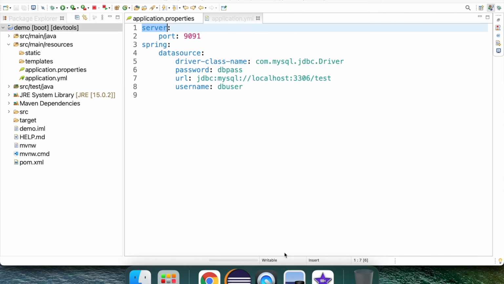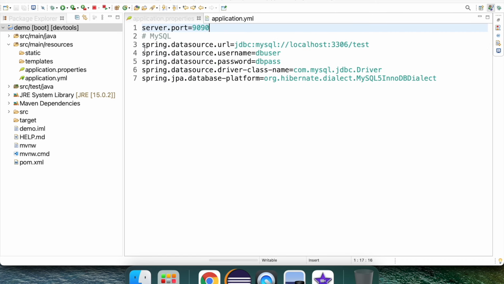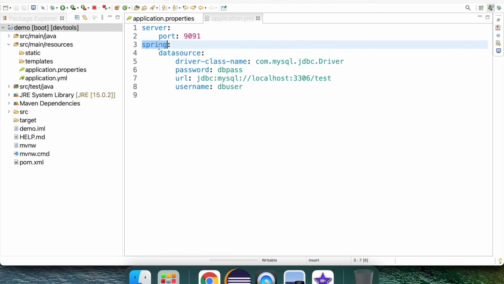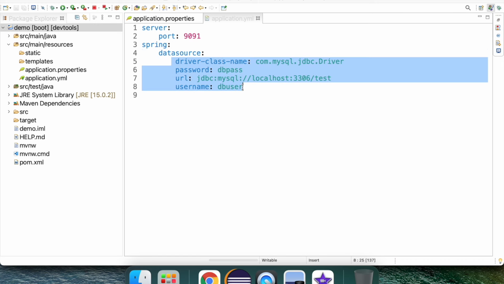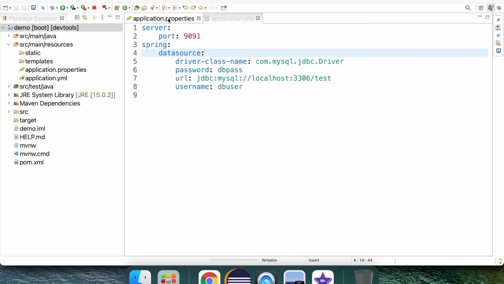That's it. So this is the hierarchical approach that YAML follows. If you compare with the application.properties file, there we are repeating the key multiple times. But in the case of YAML, we have spring as one key, and in the sub key we have datasource, and there is another map structure with key value pairs. So this is the actual difference between the properties and the YAML file. There will be no repetition, and it is cleaner than the properties file. It is quite understandable, and it also looks like JSON format.